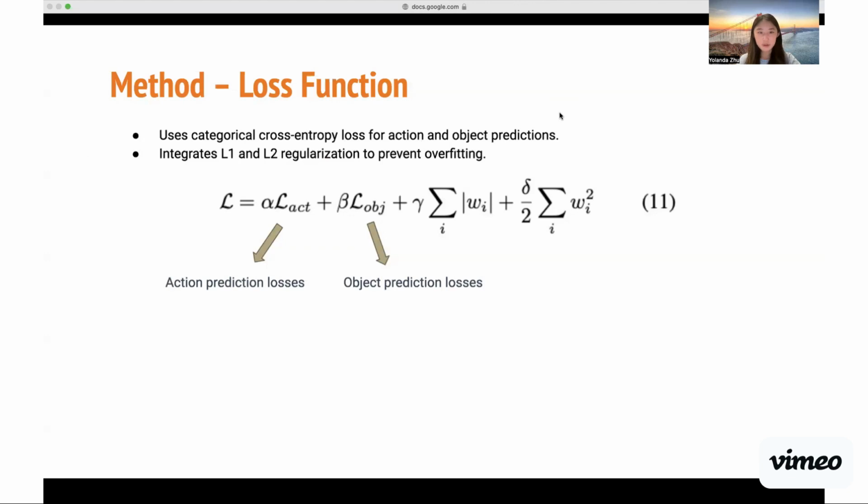In this segment, we delve into the loss function, a critical component for training our SIGHT system's model. Displayed in equation 11, the loss function is key to refining the model's predictions for actions and objects. The loss function employs the standard categorical cross-entropy loss, denoted as L subscript act for the action branch and L subscript object for the object branch. These losses are calculated against the ground truth action ID and object ID, ensuring the model's outputs align with the